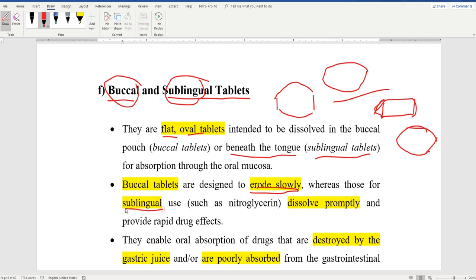If it is sublingual, then the tablets are intentionally made soft to dissolve quickly, promptly, to give rapid effect. If I want rapid effect, I will not use the tablet في الbuccal area لأن الbuccal area absorption is slower compared to sublingual. فبالتالي if I want something very fast